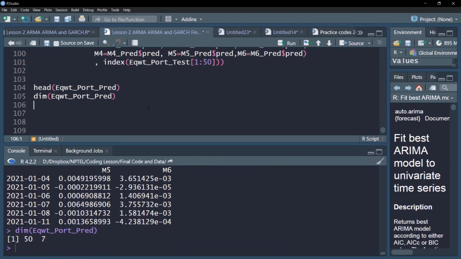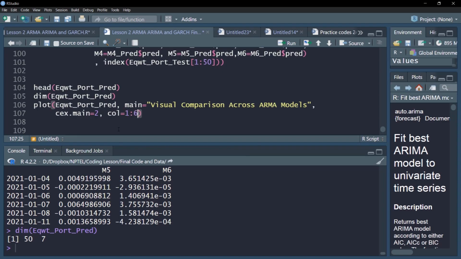So now very easily let us plot this object. So for that we'll make use of plot command. Equal weight portfolio predicted object. We'll give the central heading as visual comparison across models. We want to make this heading slightly higher in size, so cex.main will give us 2, so that larger headings will result.